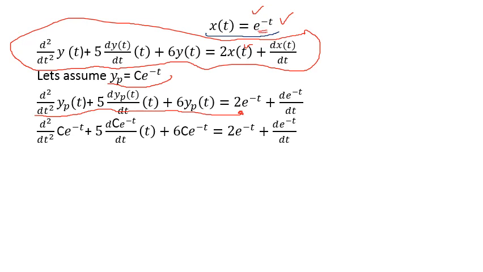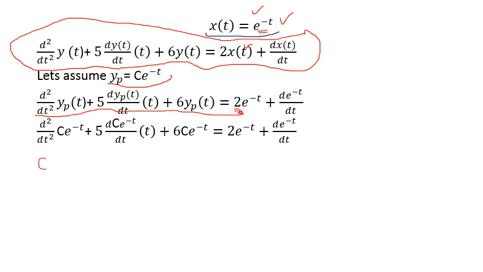So for x of t equals e power minus t, I write 2 e power minus t, because 2 is already in the equation, and then we take the first derivative, so e power minus t. Now replacing the value of y of p in the equation: y of p of t equals c e power minus t, which we have assumed. So we put the value in the equation, and by solving we see that it's a double derivative,